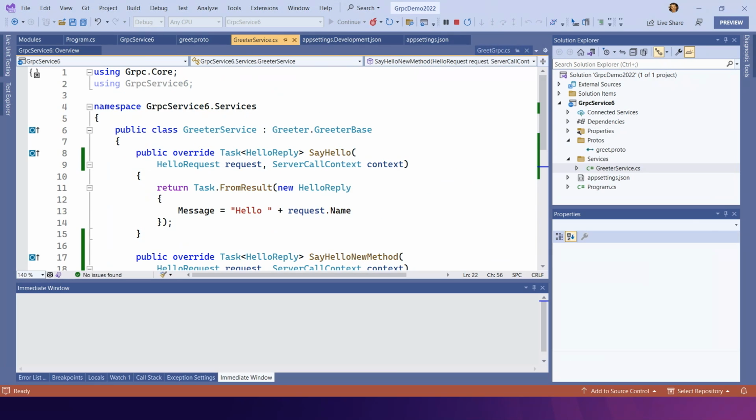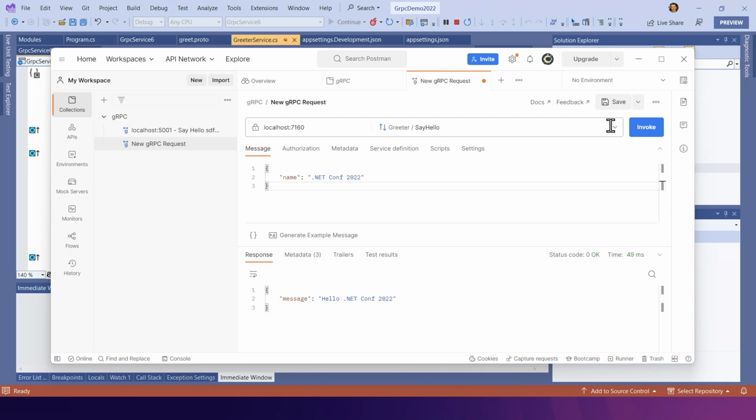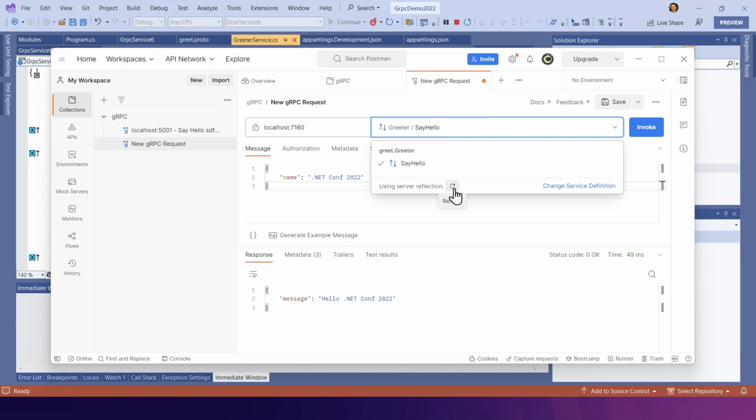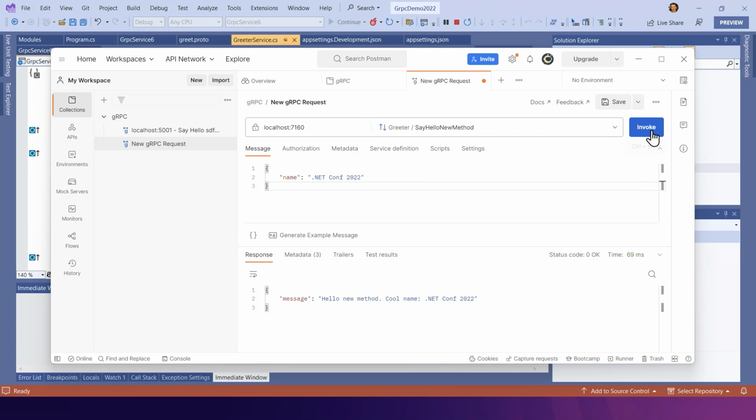We go back to Postman and we choose refresh. Our new method is immediately available. We can choose it and we can invoke it. So that's how fast and iterative and productive gRPC can be by combining features like contract first, code generation, and tooling with gRPC server reflection.